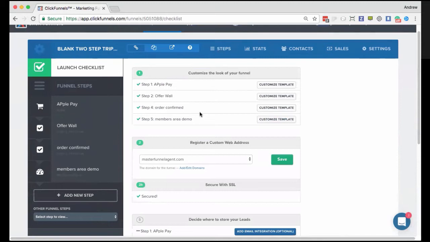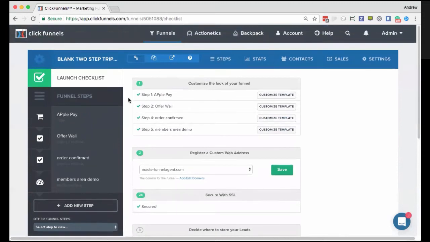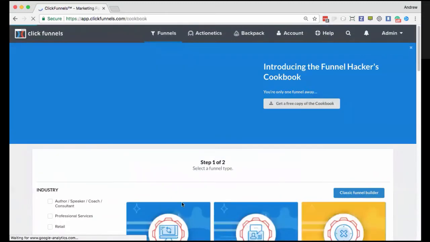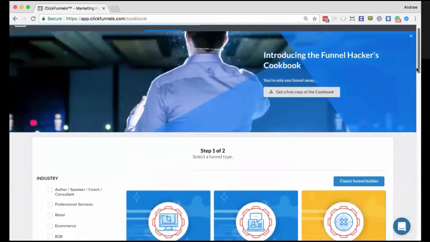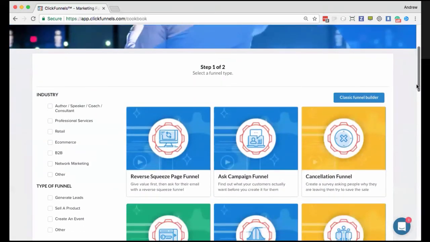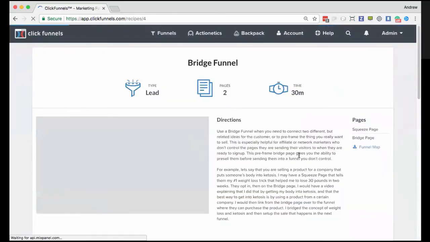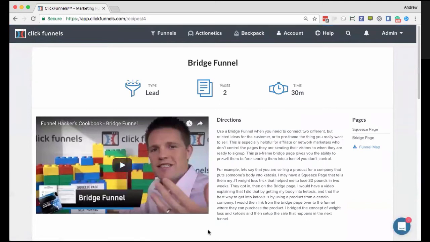Now, if you are looking for a concept on a funnel, a template or something of that nature, then if you just go into building a funnel, you'll see here that the funnel cookbook actually offers you a really good starting point. So if we go for, say, for example, a retail funnel and we'll use this bridge funnel, you'll see here that you have a video from Russell.